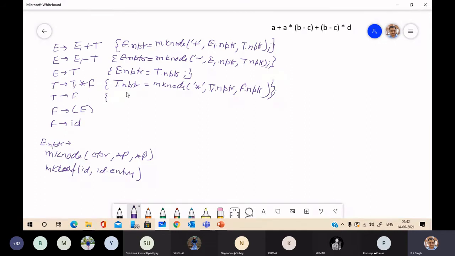Here T dot nptr is just a copy, F dot nptr.